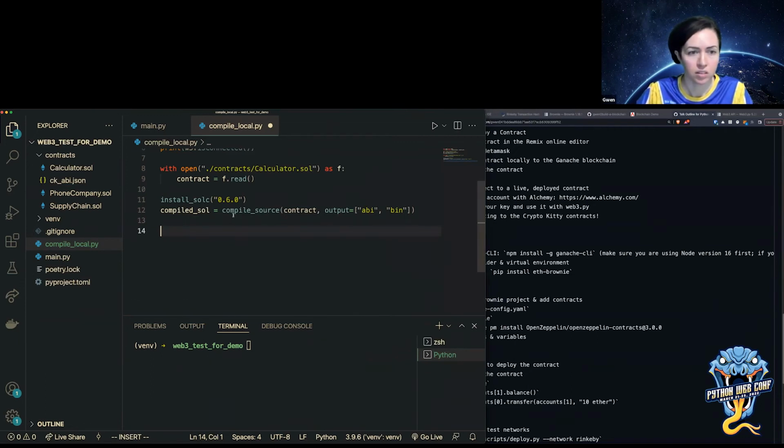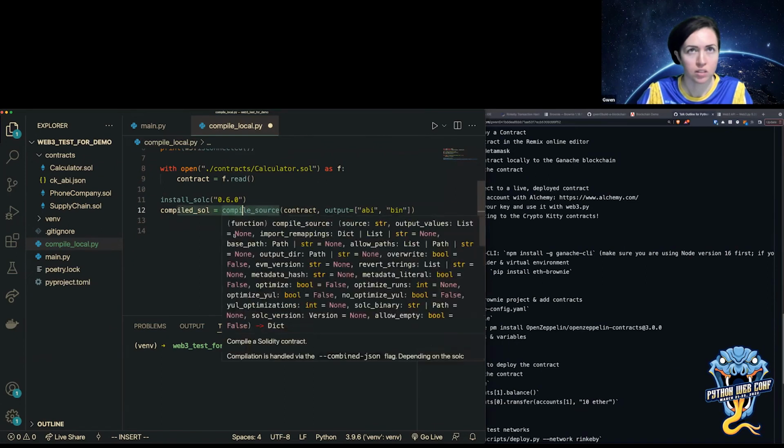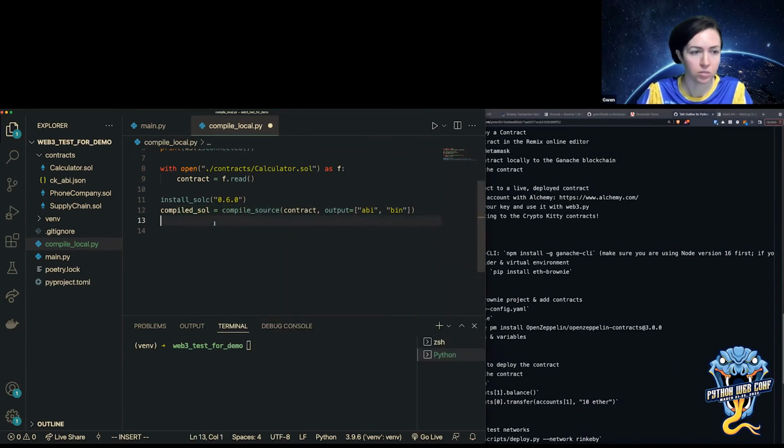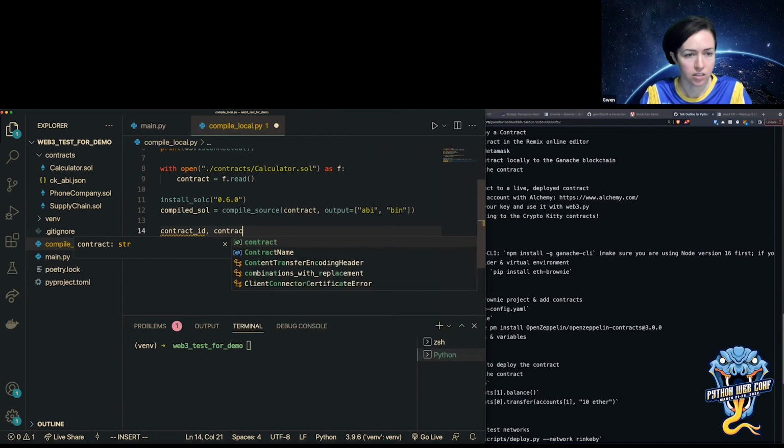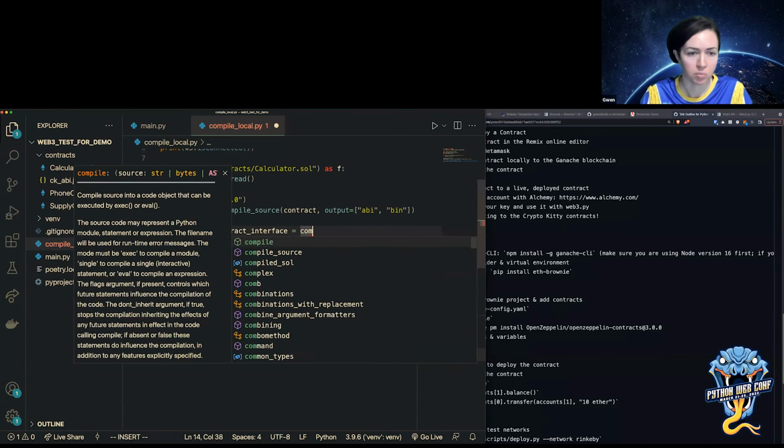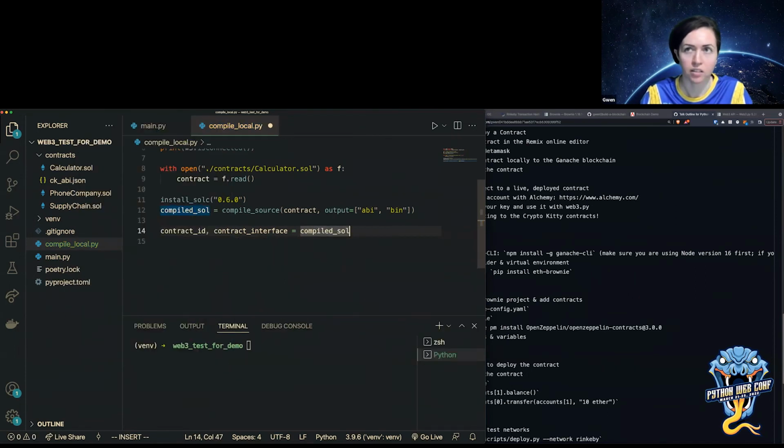So I've compiled source, and I can get the contract ID if I want, and then I can get the contract interface, which will be compiled sol, because I already have it here. And then I can just do pop item, and that should give me that.